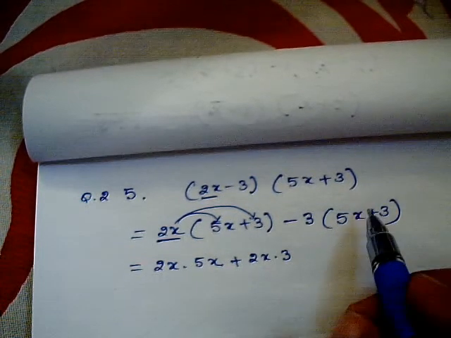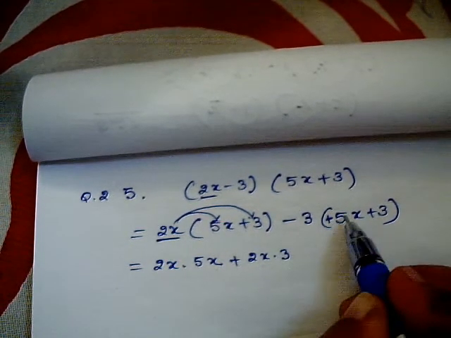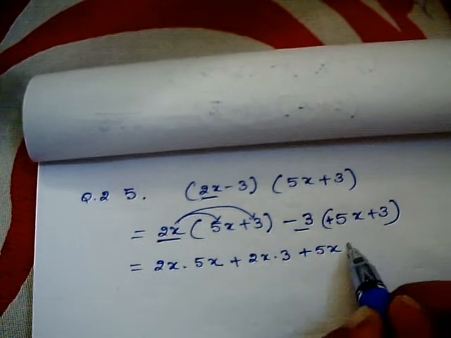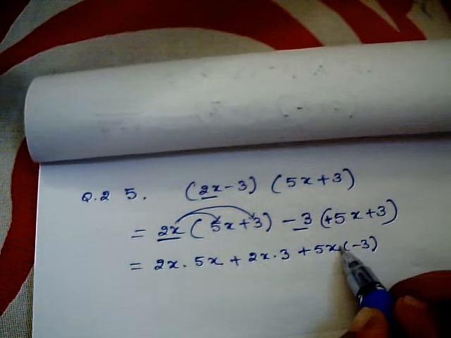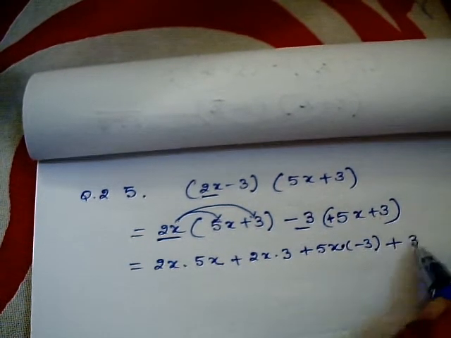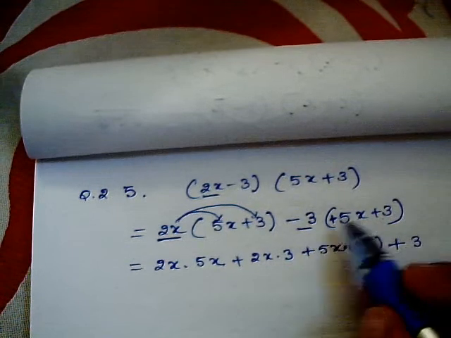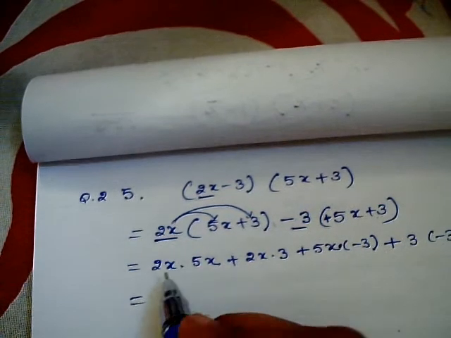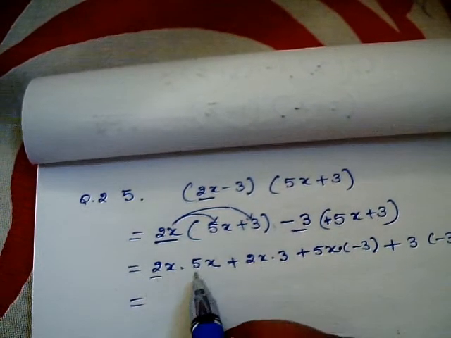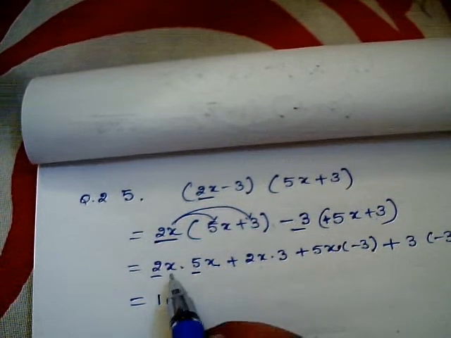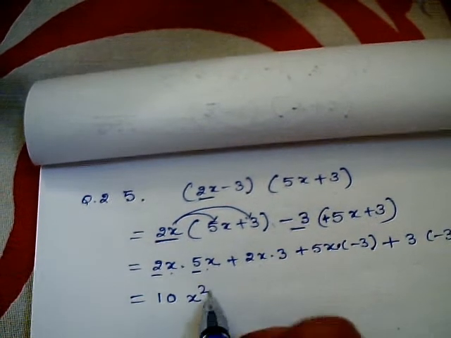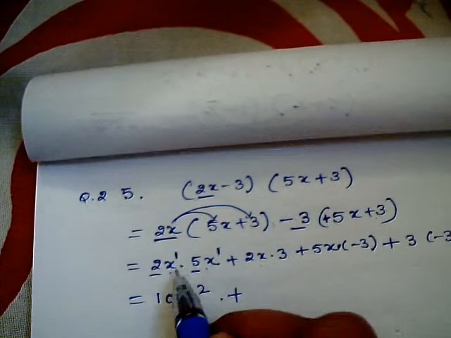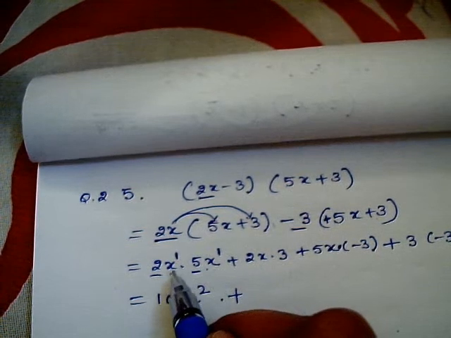So 5x is with the positive sign, so I write 5x, and this negative 3 I write in. Now I write positive 3 which is inside the parenthesis, and then what we are operating with, so that's a negative 3. Now here the numbers get separated out and multiplied. So 2 times 5 is 10. x times x is x squared. I hope it is clear, because x to the power 1 and x to the power 1, so in multiplication of algebraic terms, the powers get added, so x to the power 2.